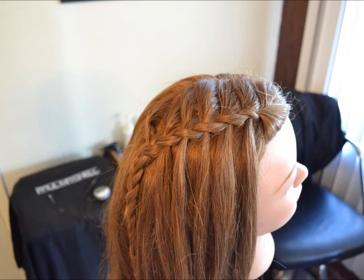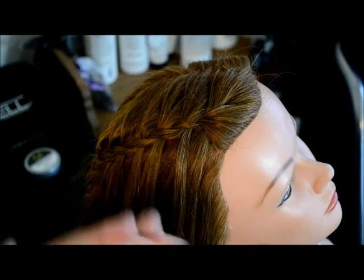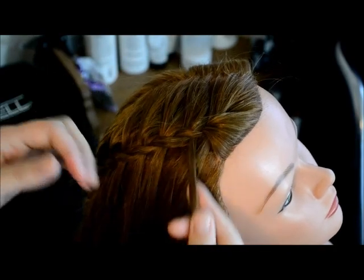Now as an extra added bonus, you can take this waterfall braid and turn it into a ladder braid. So here's how to do that. The first thing you want to do is add a little bit more Barber's Classic to your hand, and then